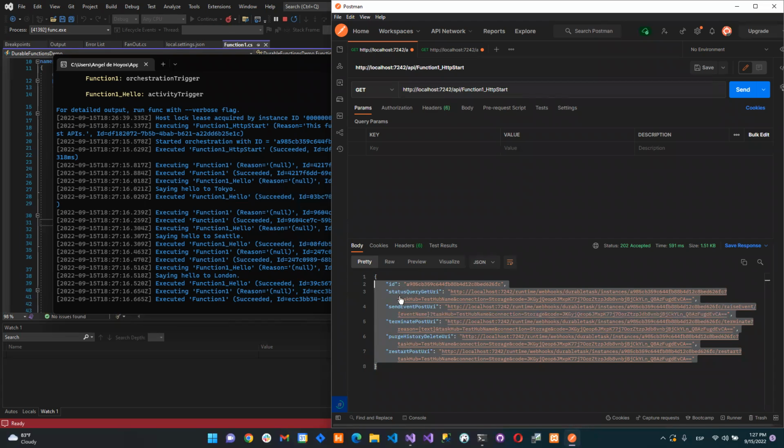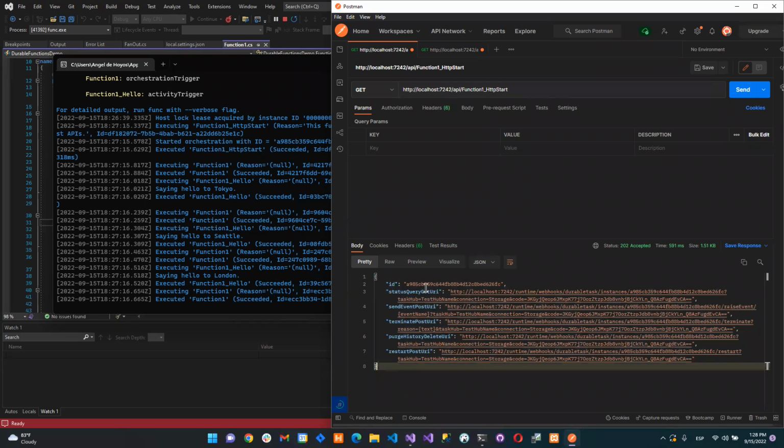And you can see there are several endpoints that you can trigger. First, you have the ID of the orchestration, which you can then, if you need to, check on the storage to see directly the status or some other information. And then you have another endpoint, which is the status query. Now, if I run this,